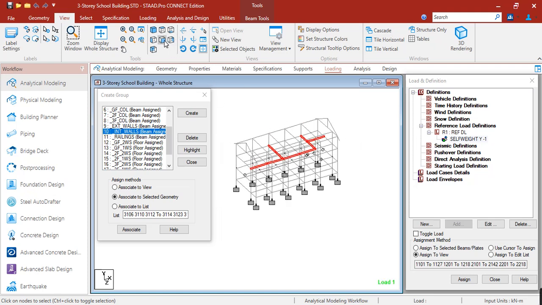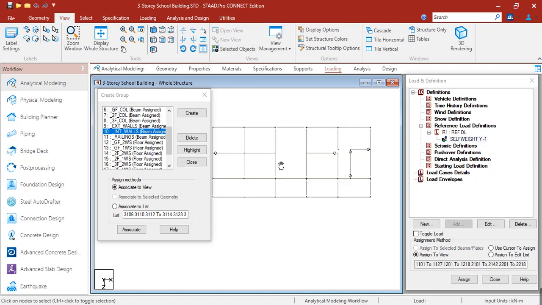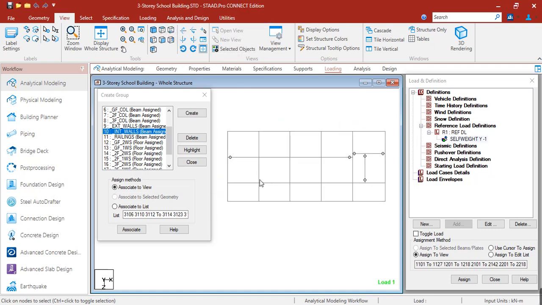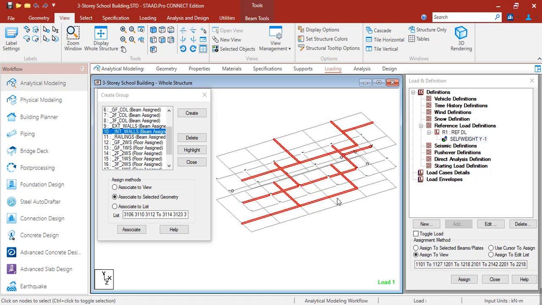We can select the plan view for each level from ground floor to third floor, then top view, then select all the interior walls. Let's verify it in 3D view. If that's correct, you can now associate it to the selected geometry.